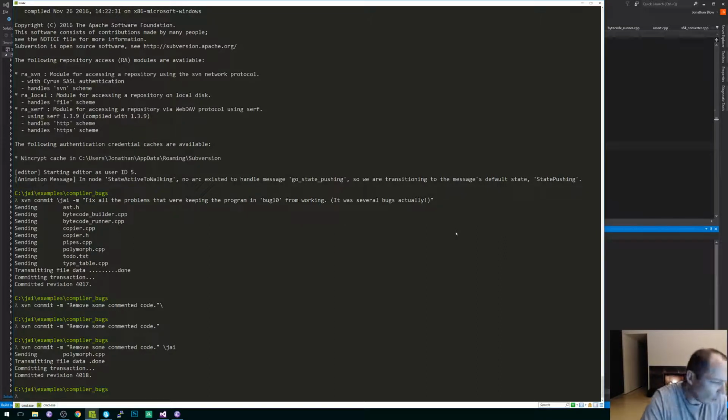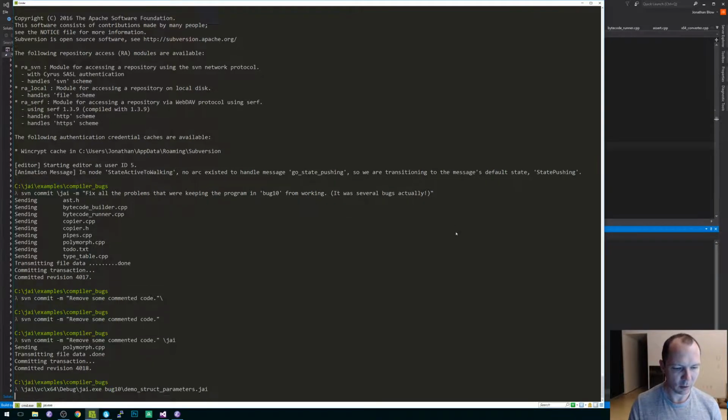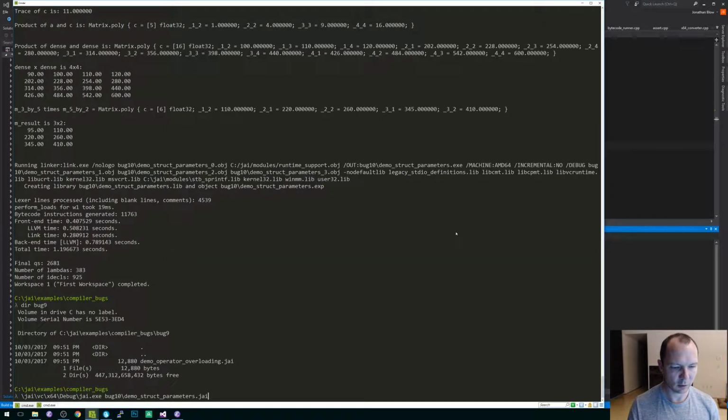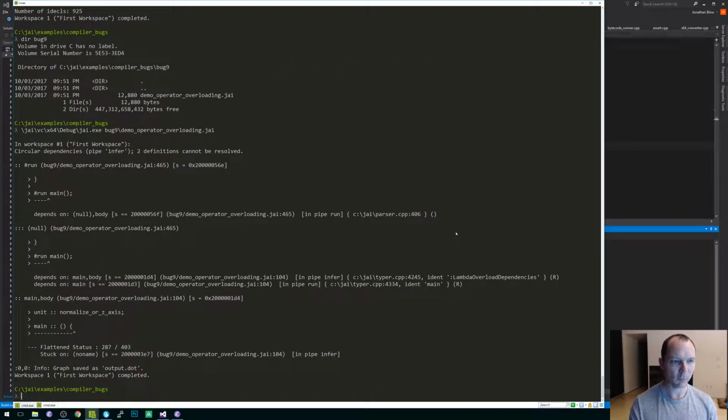You know what, before I go off, I'm just going to take a peek at bug 9 because it's the last one from this swath of bug reports. Bug 9. This, I think, was a dependency problem. Yeah. Those are never fun. So we'll take a look at that next time.